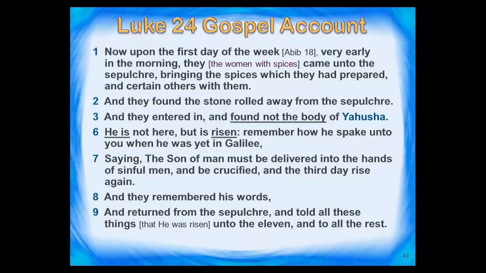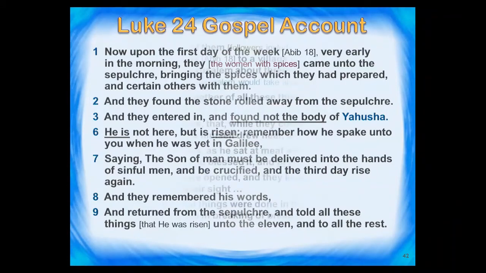Remember how he spake unto you when he was yet in Galilee, saying, the Son of Man must be delivered into the hands of sinful men, and be crucified, and the 3rd day rise again. And they remembered his words. And they returned from the sepulchre, and told all these things, that he was risen, even unto the 11, and